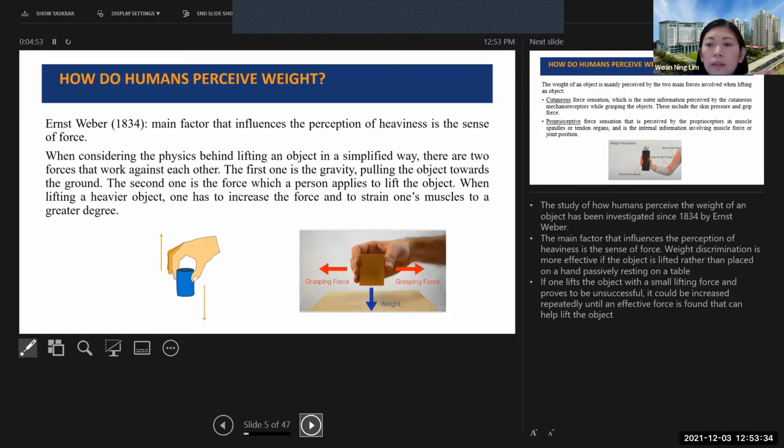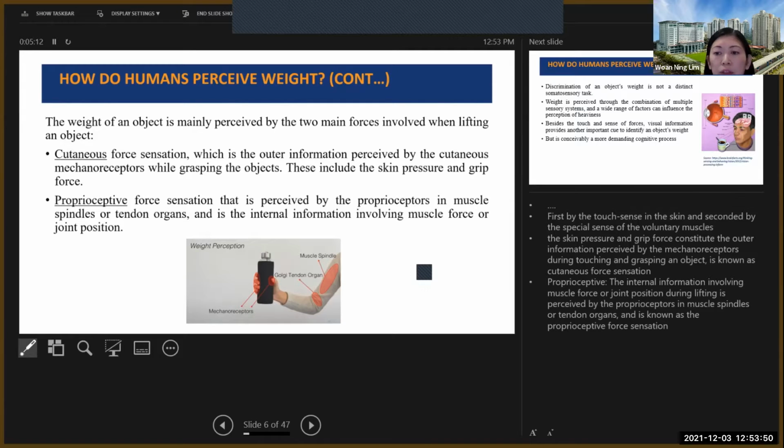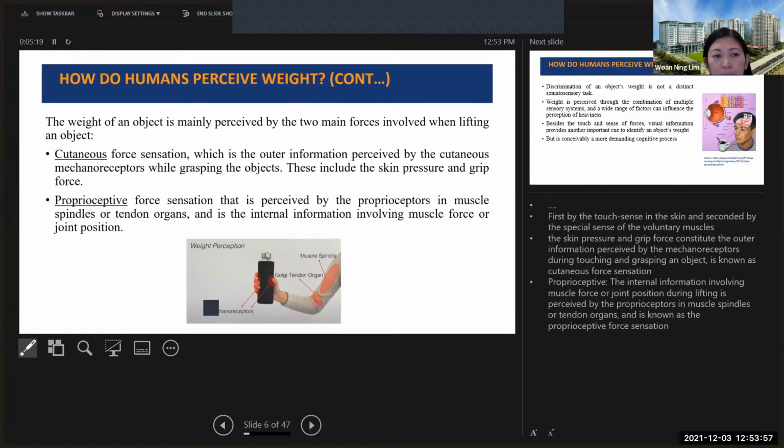So when we look at the weight of an object, mainly there are two forces involved. The first is the cutaneous force, which is the touch sense in the skin. It constitutes the outer information perceived by mechanoreceptors when you touch and grab an object.